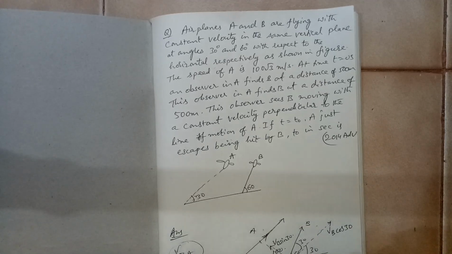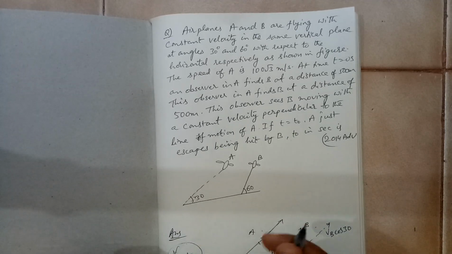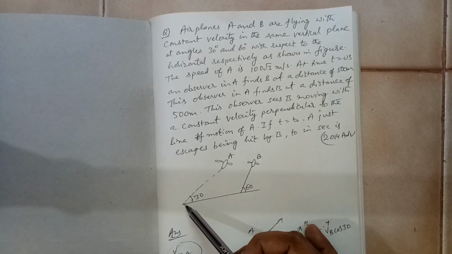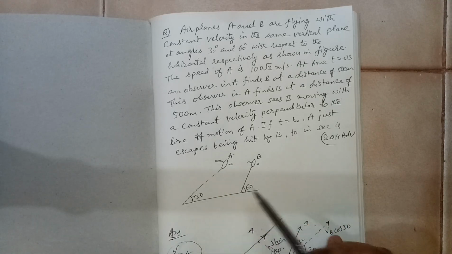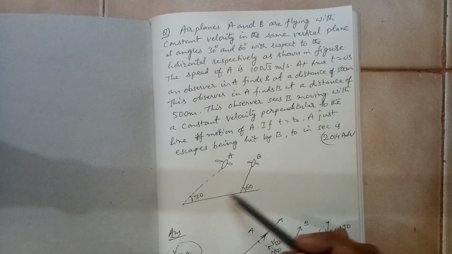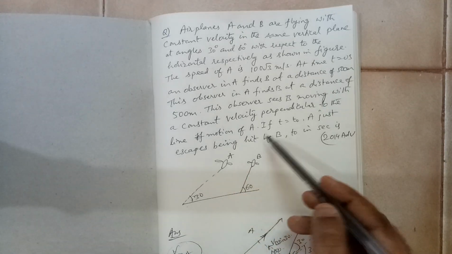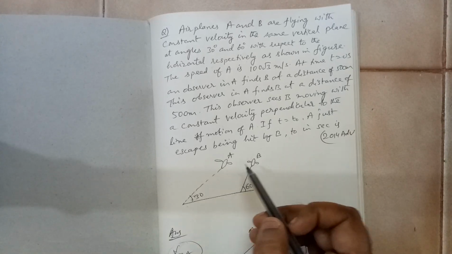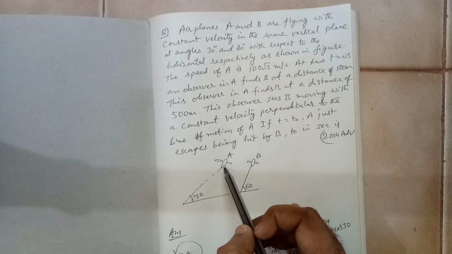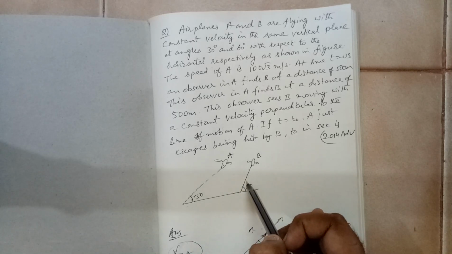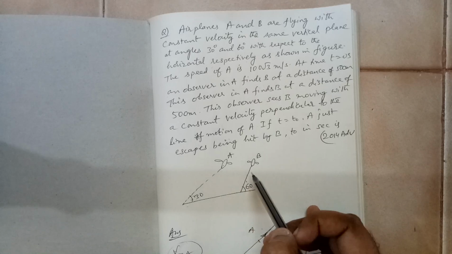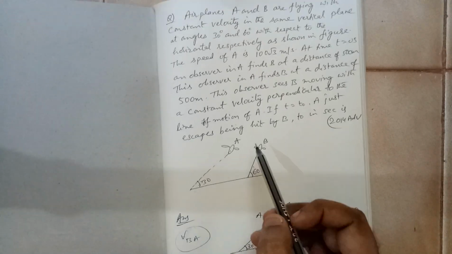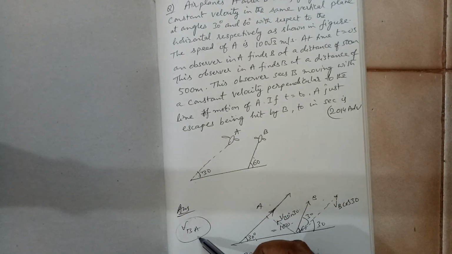To do this type of question, there is an observer in A and this plane is going at a particular angle. If you see here, this is going at 60 and this is going at 30. Somewhere definitely they will go and hit. About to be hit means almost the hitting time. But the observer in A, when he is looking at B, how is he seeing it? He is seeing B in a line perpendicular to A. That means the velocity of B with respect to A is given.